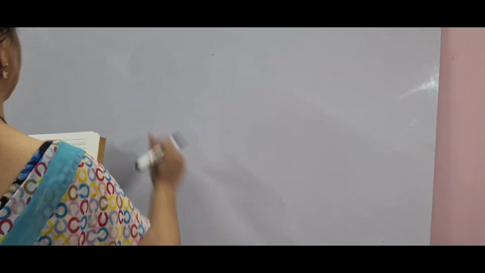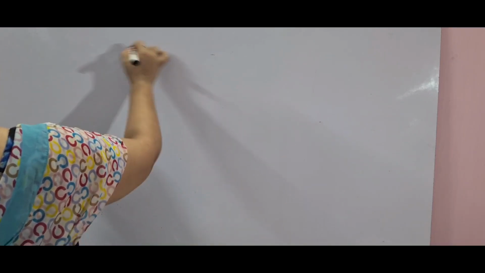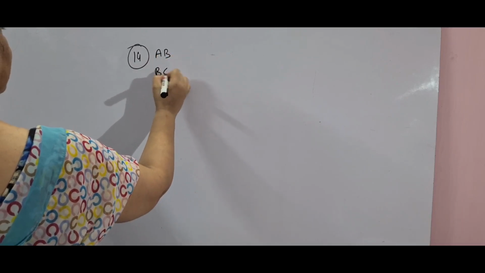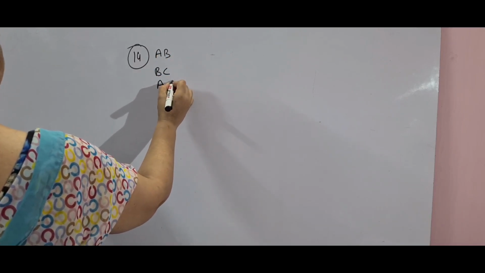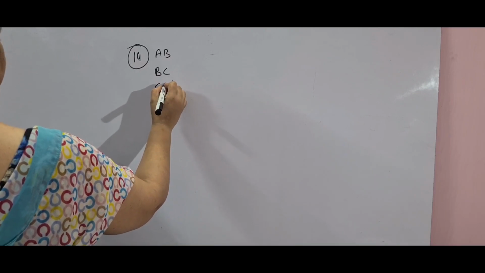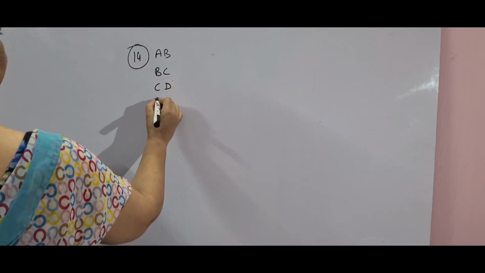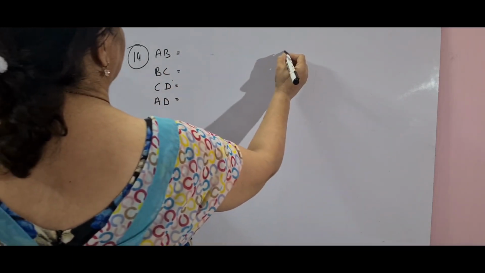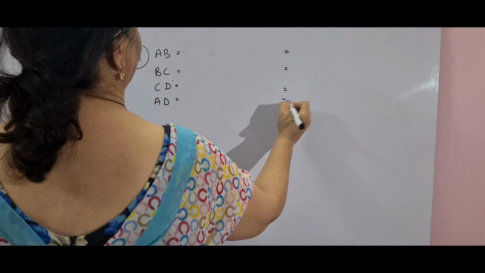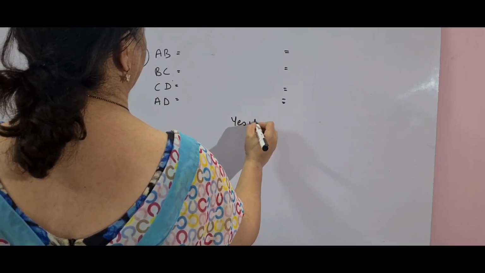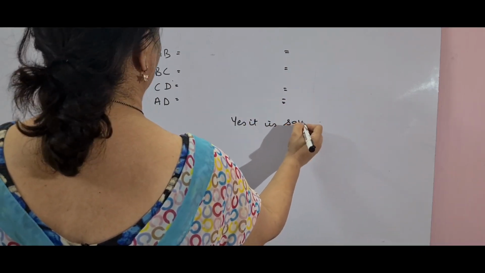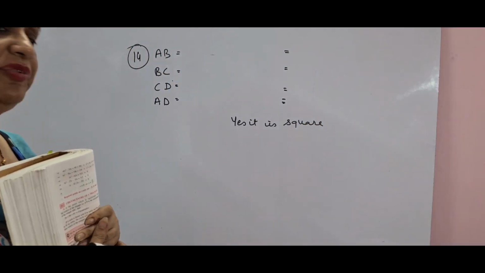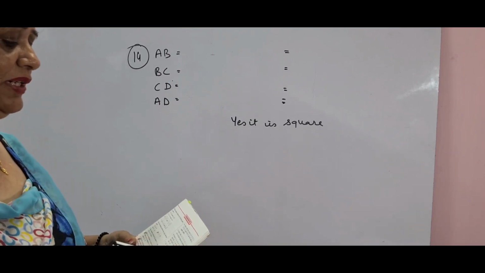As related to coordinate geometry, I'll take the properties of the square, that all the 4 sides should be equal. So AB, BC, CD and AD. All the 4 sides after putting the distance formula should be equal. If all of them are equal, yes, it is a square. But children, I have to tell you something more, that all the four sides are also equal in a rhombus. So what is the difference between square and rhombus, as it is given in the next question?